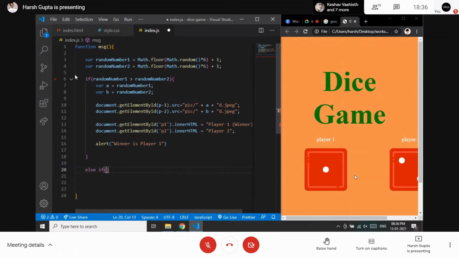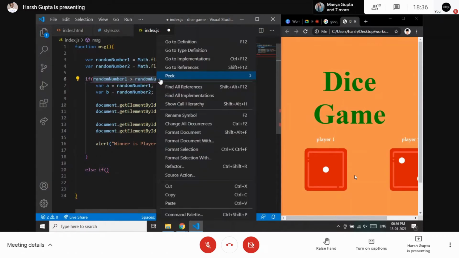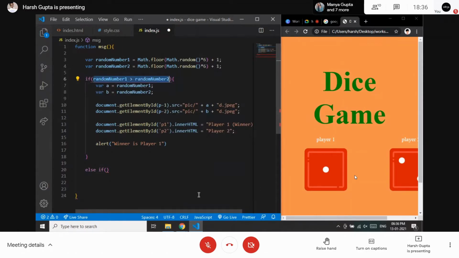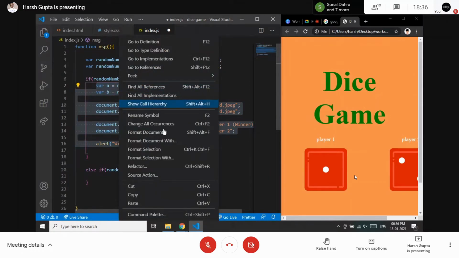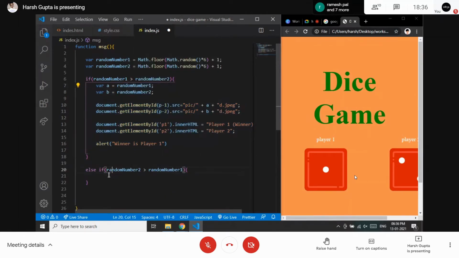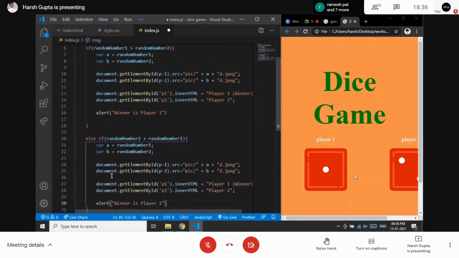So I will be typing the same condition, because only the player 1 and player 2 places are changing, although both are the same here. The code would be all the same, because the logic here is the same, so I will just copy this code and paste it here.